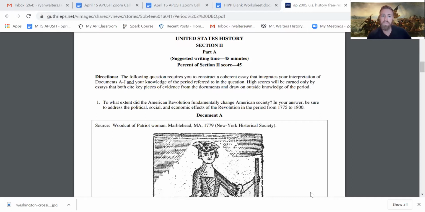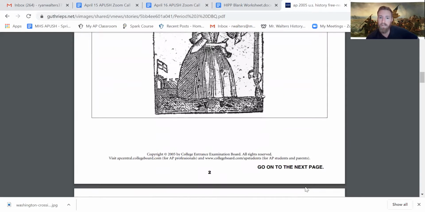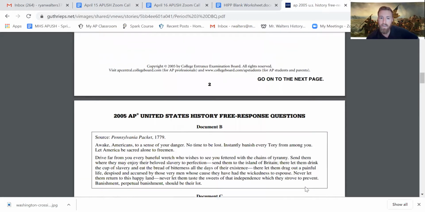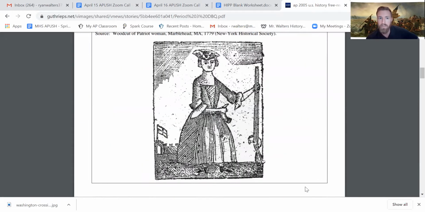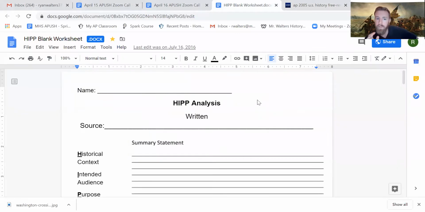Okay. So the first one, by the way, right out of the gates, we have one that's not even a written source. It is a picture, or, well, not a picture, a drawing here. It's a woodcut of a patriot woman from 1779. Now, again, whenever you